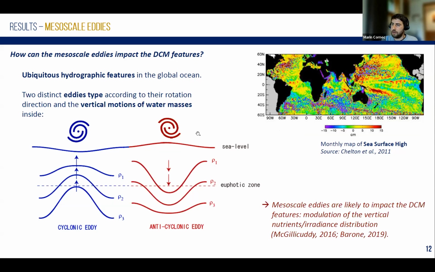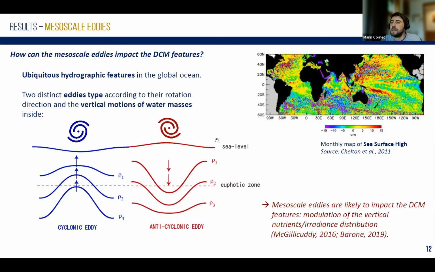The idea is that mesoscale eddies can perturb the environmental conditions in stratified, stable systems, such as the low latitude system. Some observations have shown that those mesoscale eddies can impact the DCM features, either intensity or depth, but still no assessment has been proposed at a global scale, which is the